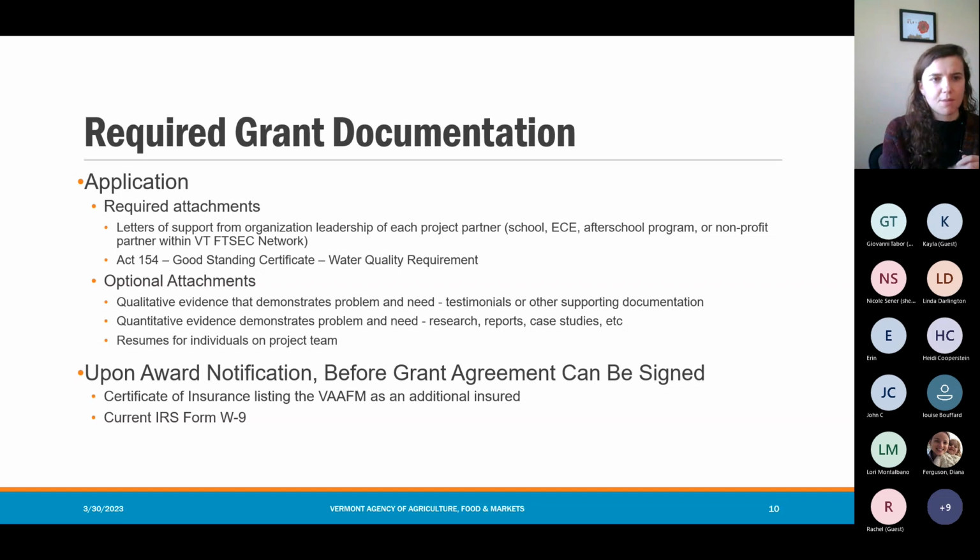So within the application, you'll click the link to download the form, fill it out. It needs to be signed by the fiscal agent that's submitting the application, and then upload that signed document as an attestation that your organization's in compliance with water quality regulations. There's options to upload